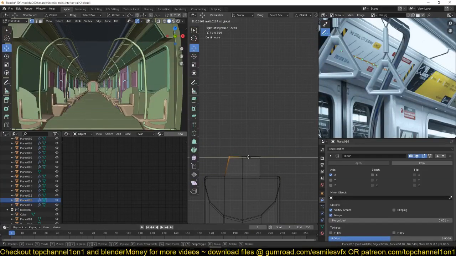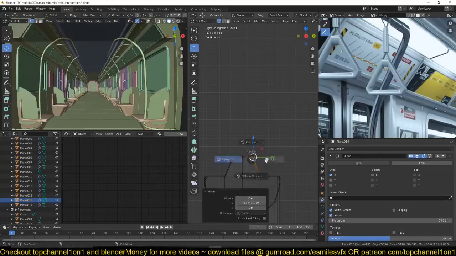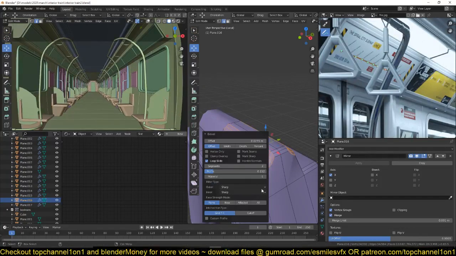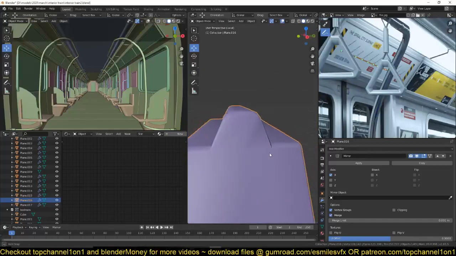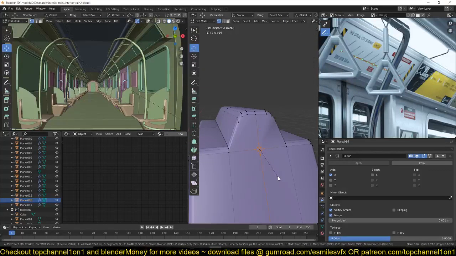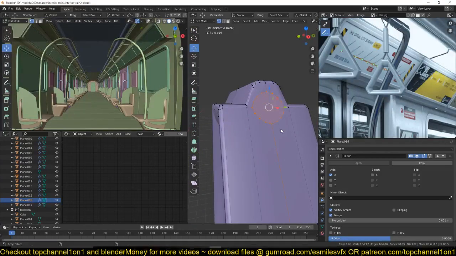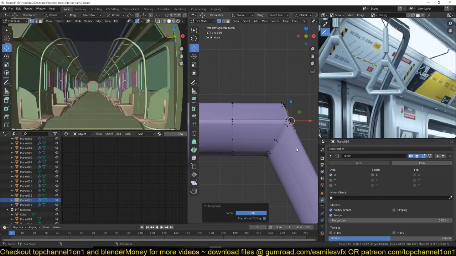Now I can select these, pull them in, select these, pull them in. I think we can round off these edges just a bit. Make sure the bevel profile is set to 0.5. And now we can also bevel this edge loop using that vertex using Ctrl Shift B. Change the profile back, hit F and then Shift Alt S and then 1. Have something like that. Now we can extrude this in the